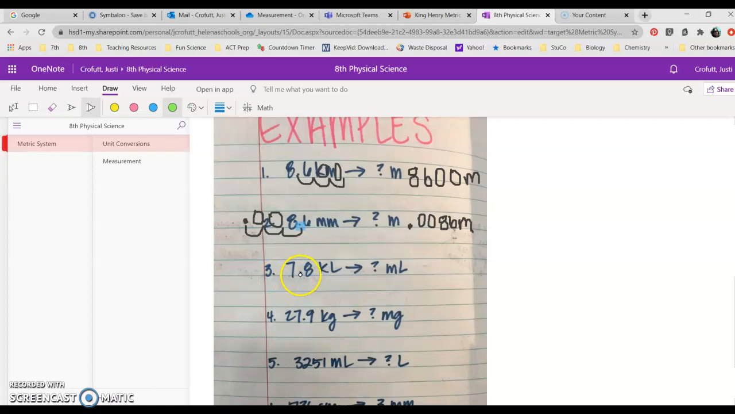So here's our decimal right here. Let's move it. 1, 2, 3, 4, 5, 6. So we're going to be adding in 1, 2, 3, 4, 5 zeros. So 7, 8,